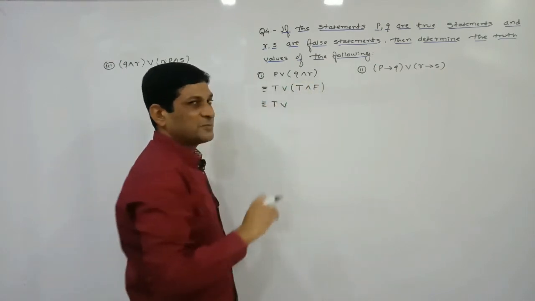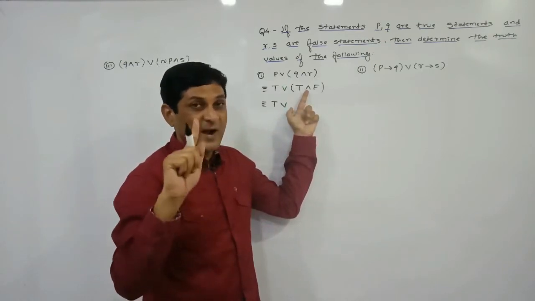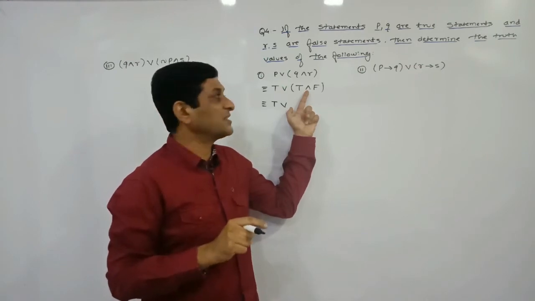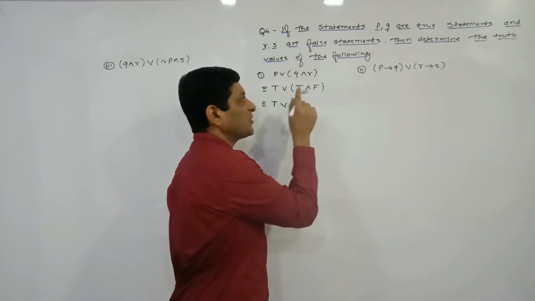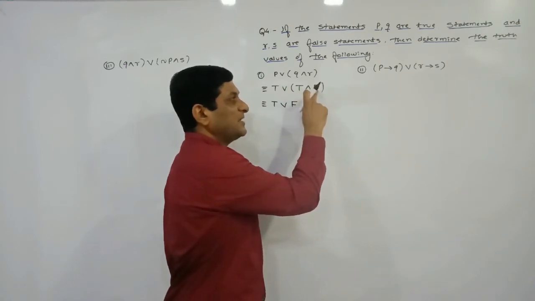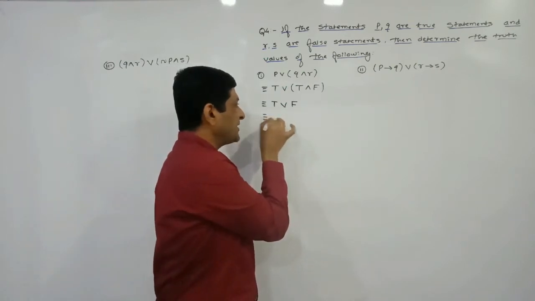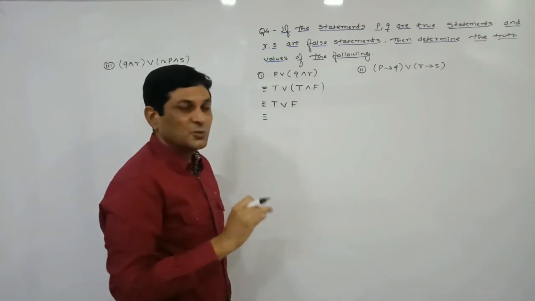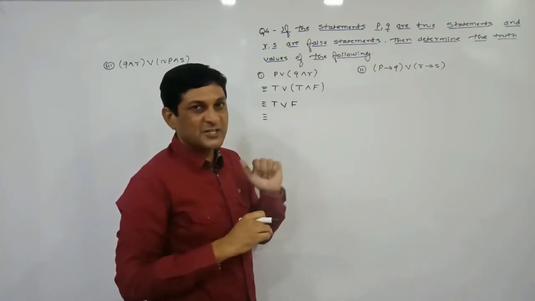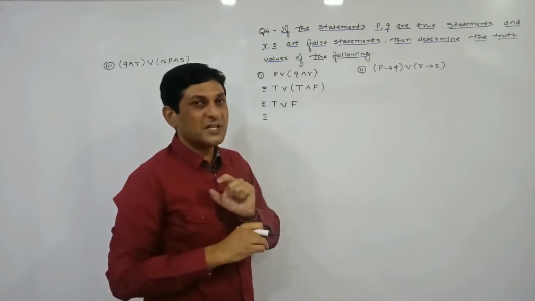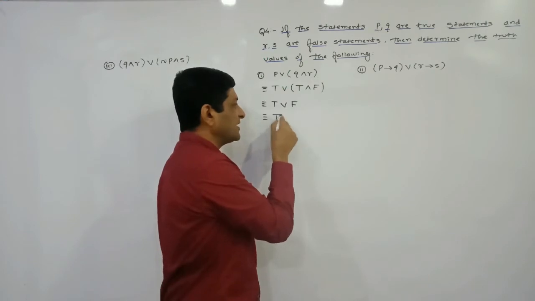Now I am simplifying this bracket. In this bracket, which logical connective is there? In case of AND, if at least one false appears, at that time the result will be false. Means the result of this bracket will be what? False, because in case of AND, what we have seen, if at least one statement is false, the result will be false. Now observe that here two statements are connected by what? OR. One is true, another is false. In case of OR, what we have seen, if at least one statement is true, the result will be true. So here the result will be true.